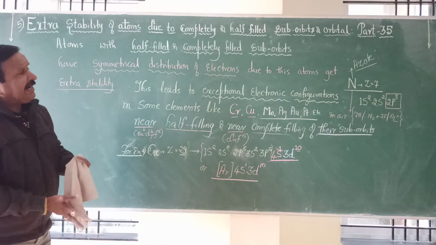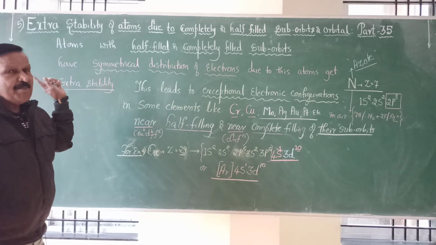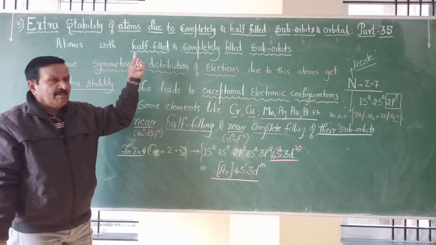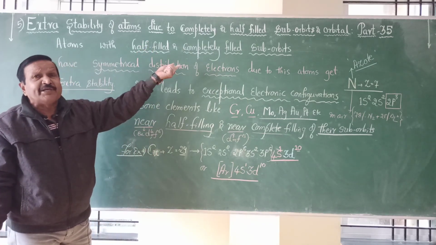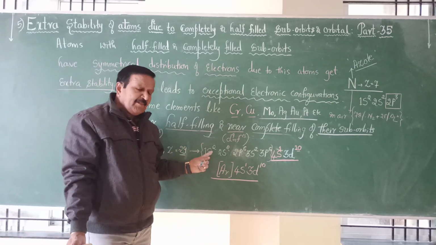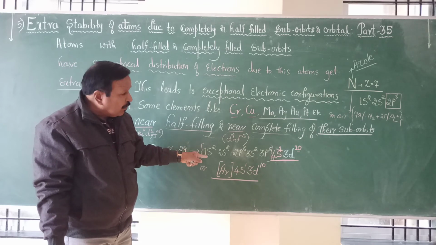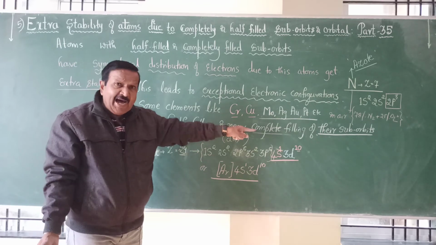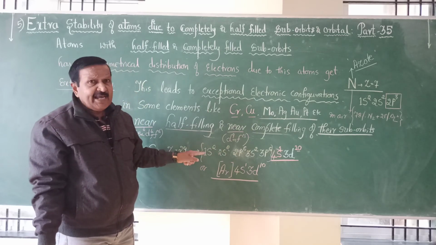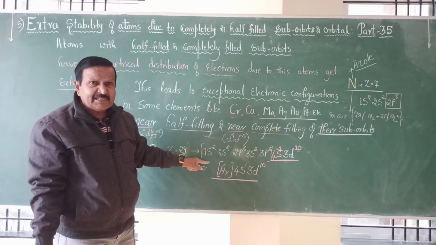So when you are going to write the electronic configuration, dear students, you should remember in your mind all the 5 rules, principles, or whatever you call them. So first you should remember the Aufbau principle. Electrons will be filled from lower energy orbital to higher energy. Energy of an orbital is decided by the n plus l rule. And then you have to remember Pauli's principle.